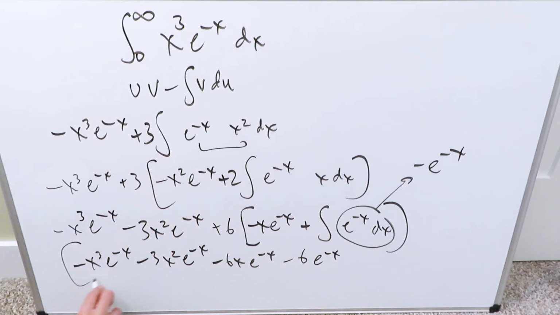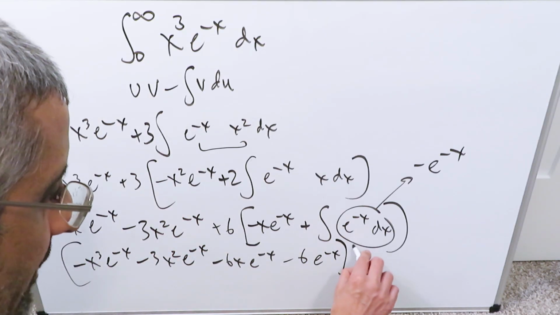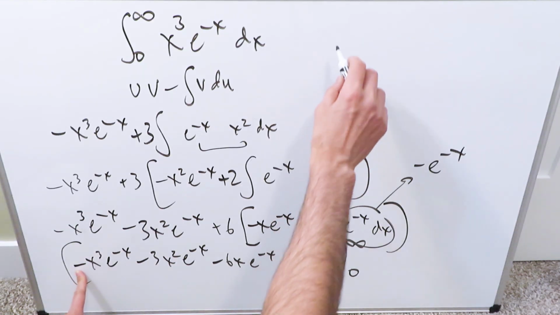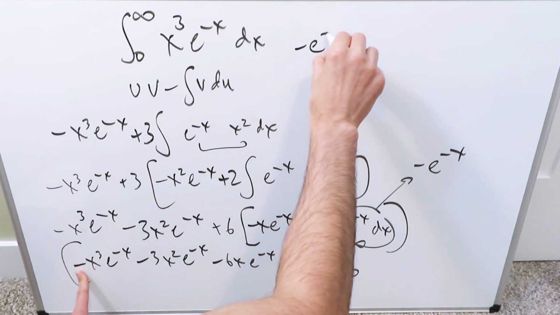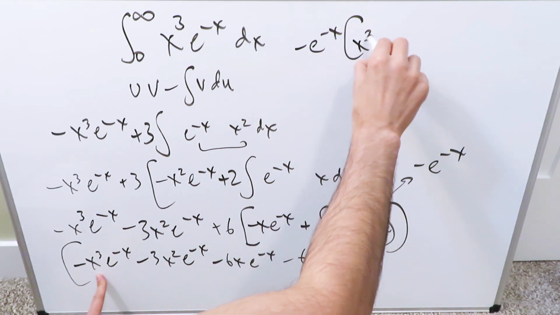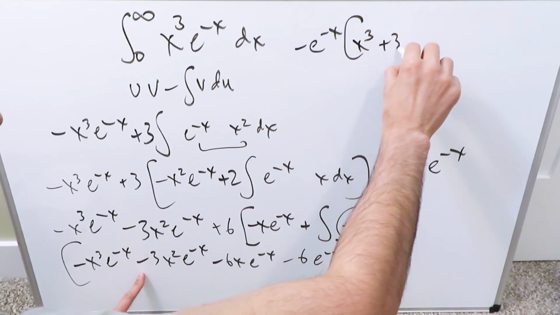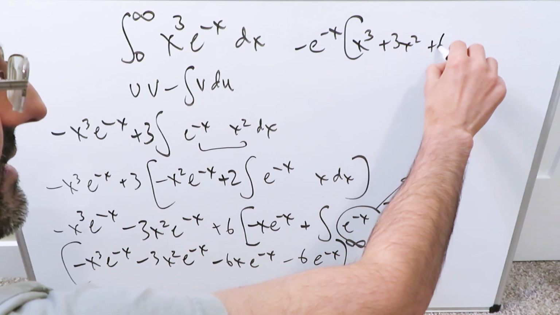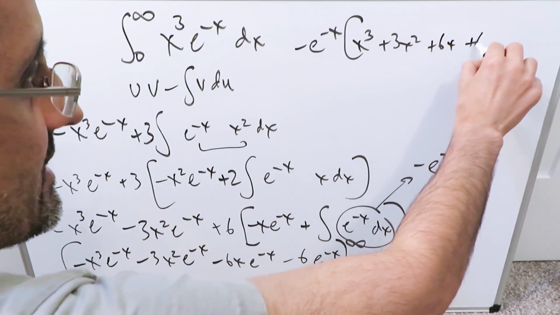And now you have your antiderivative, and we bring in our limits. I have an infinity and I have a 0. Now it can become a little tricky bringing in the infinity and the 0. There's a trick. Use algebra and simplify it. If I'm looking here, I have a commonality, and that commonality is a minus e to the minus x. And then I'm looking at everything else. I have here an x cubed. Then I have here a plus 3x squared. Then I have here this plus 6x plus 6